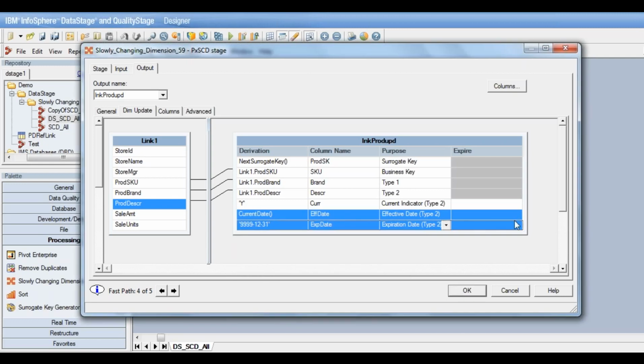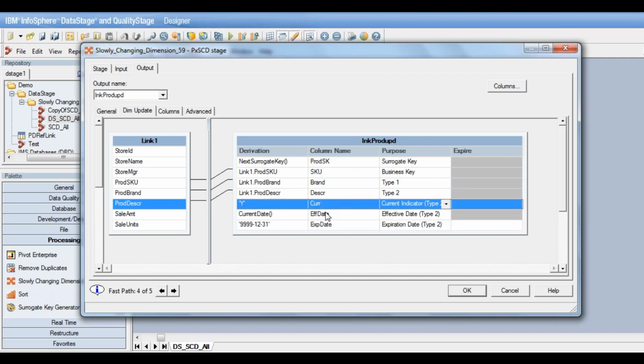Now we can see here that there is another column called expire. This is disabled for all the other attribute values and the key values, but it is enabled for the type 2 indicator fields for the type 2 dimension. So in the expire column, what we need to specify is what will be the value of the expired records for these columns.